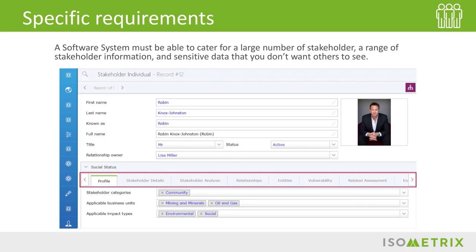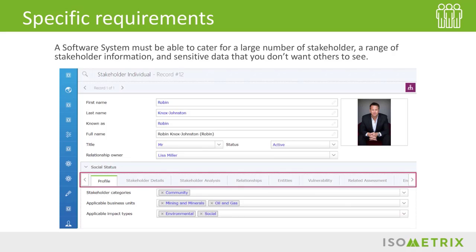And another important one I wanted to mention is the vulnerability of that particular stakeholder. So how sensitive they are to your operation, and different stakeholders will be sensitive in different ways. So being able to gather that data, have it in a central system, and have a visual of that information is key to successfully managing your stakeholders and knowing which ones you perhaps need to engage with more